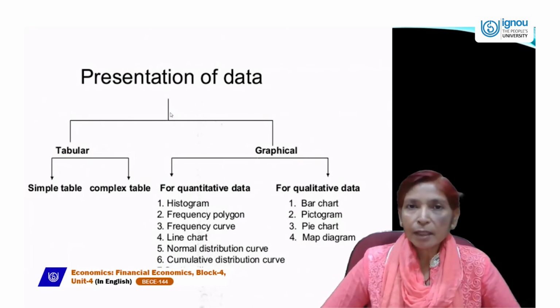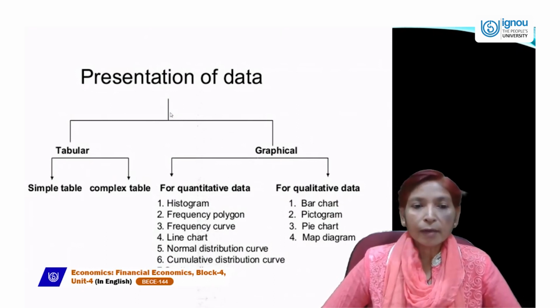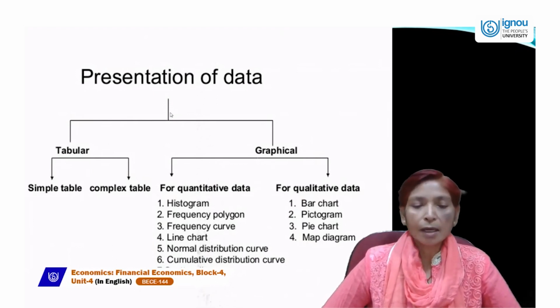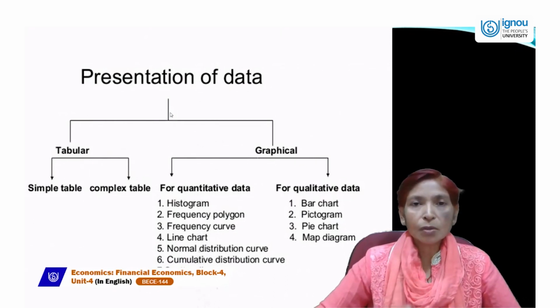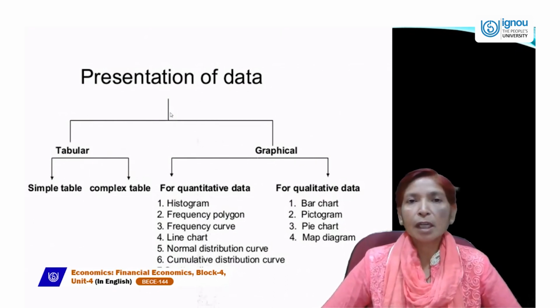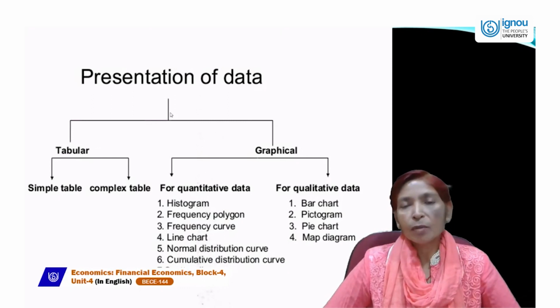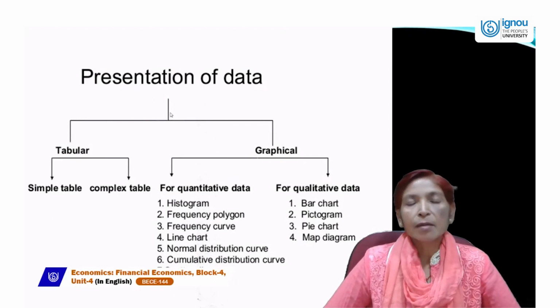Next is graphical presentation. Presentation may be done by graphs. For quantitative data, we use graphs like histogram, frequency polygon, frequency curve, line chart, and normal distribution curve, which is known as the bell-shaped curve. This bell-shaped curve also shows that the distribution is equal and the values of mean, median and mode are equal. And next is the cumulative distribution curve, which is known as the ogive curve, which shows that median,